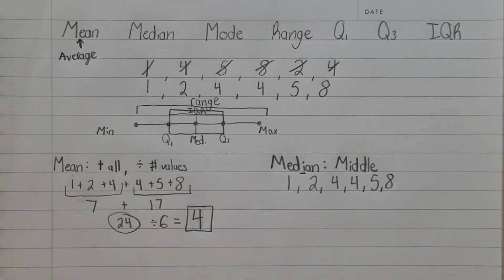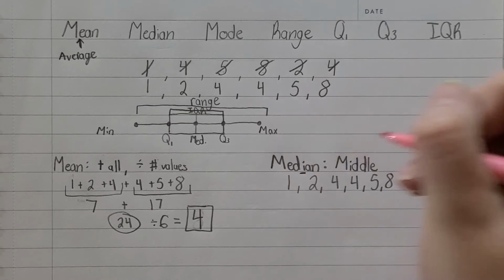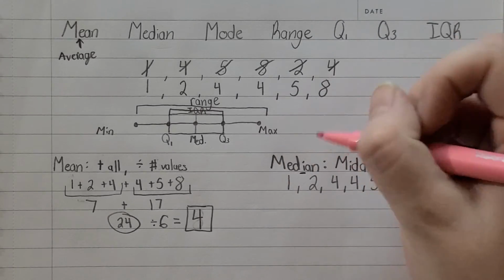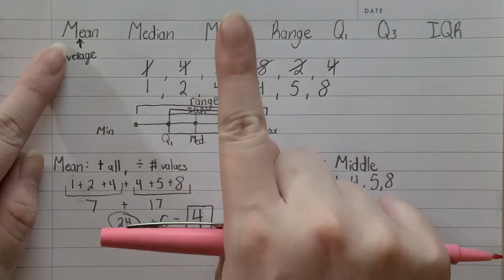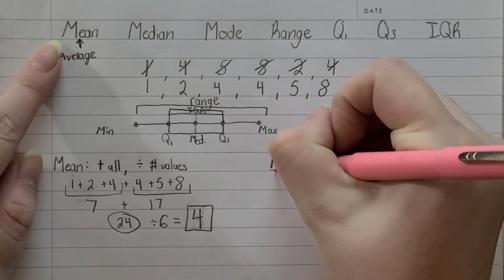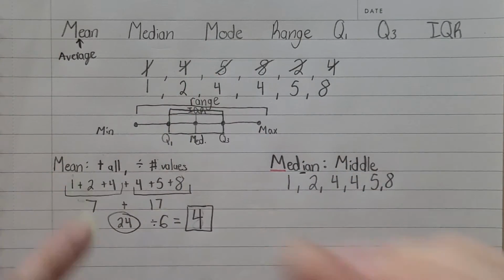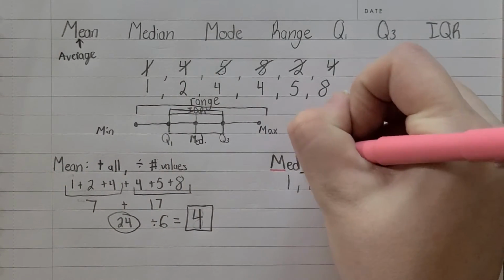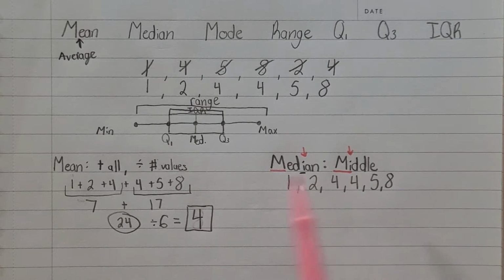All right. The median means the middle. The only little trick I have to help you remember this is that out of all of those M words, you need to remember that one of them means middle. If I said, oh, because it starts with an M, well, there's 3 of them. That kind of helps, but kind of doesn't. This is the only one that has an I in it, which is also in middle. It's very obscure, but if you can remember that,